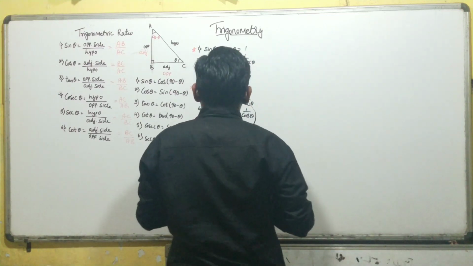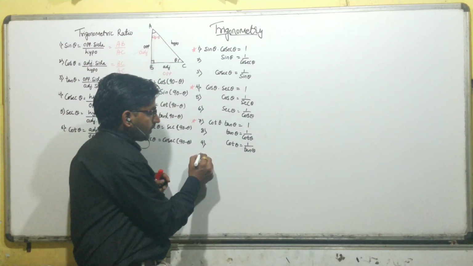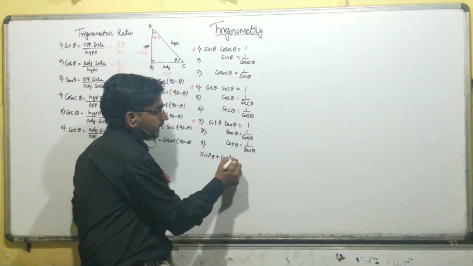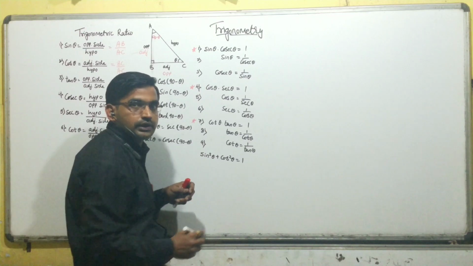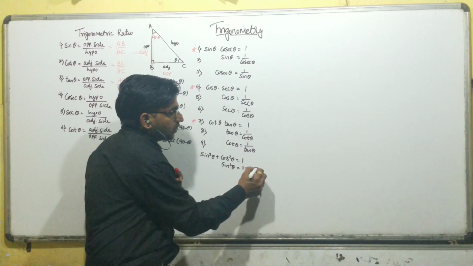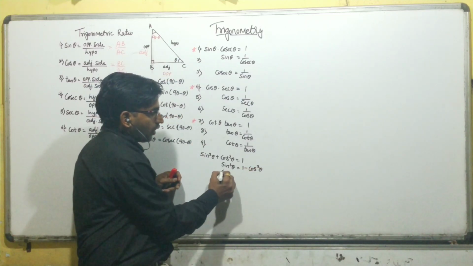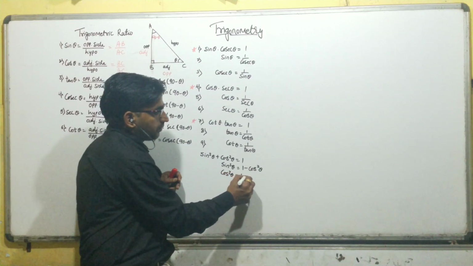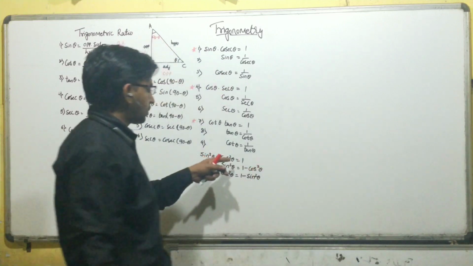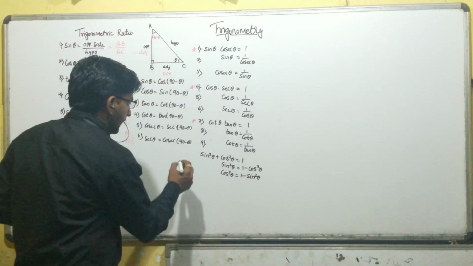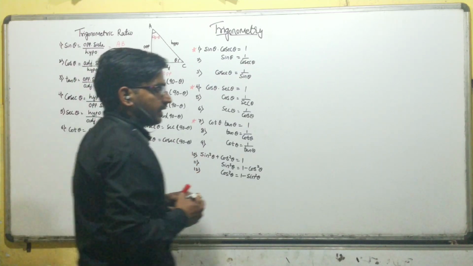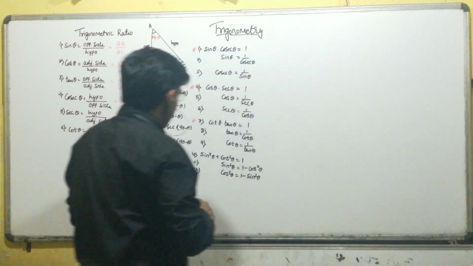Now some more formulas are like sin square theta plus cos square theta is equal to 1. So this will be sin square theta is equal to 1 minus cos square theta we can write, or cos square theta is equal to 1 minus sin square theta. Okay, so sin square theta plus cos square theta is equal to 1. From this we can get this. So this will be 10, 11, 12. Now beta, there is one more, that is